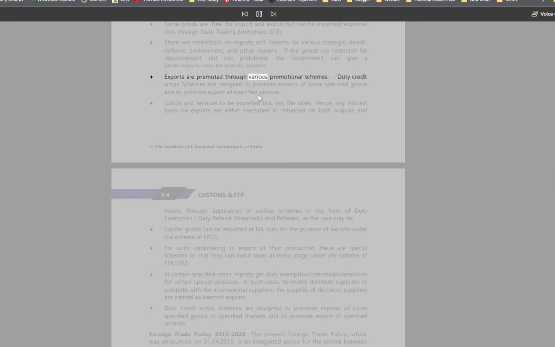Exports are promoted through various promotional schemes. Duty credit scrip schemes are designed to promote exports of some specified goods and to promote export of specified services. Goods and services are to be exported but not the taxes. Hence, any indirect taxes on exports are either exempted or refunded on both outputs and inputs